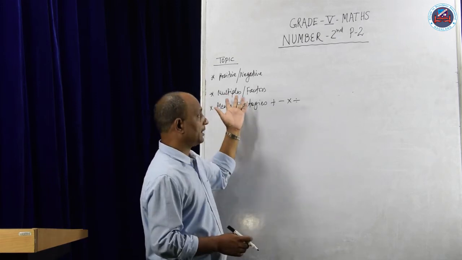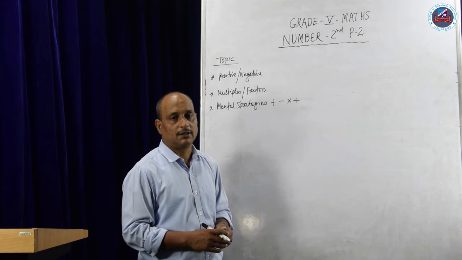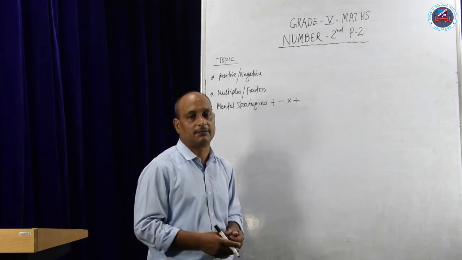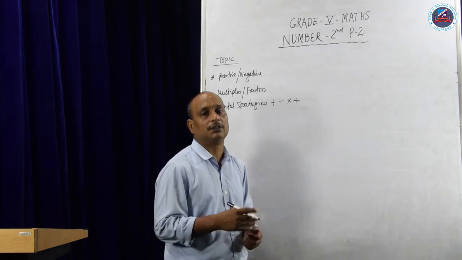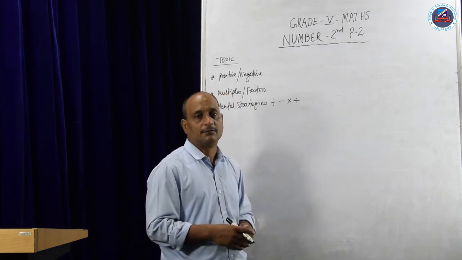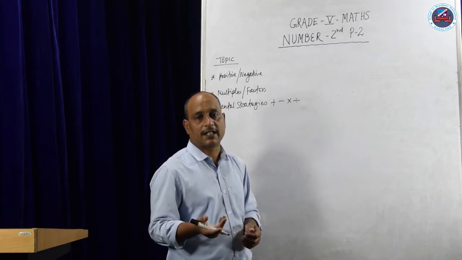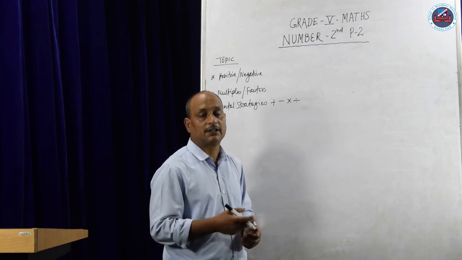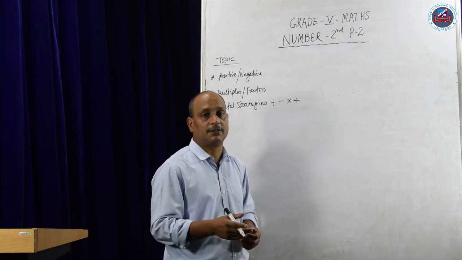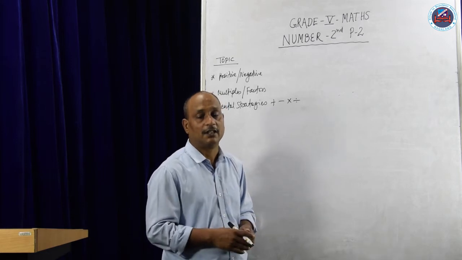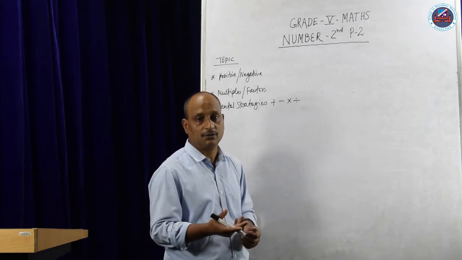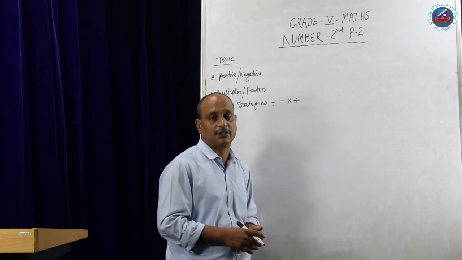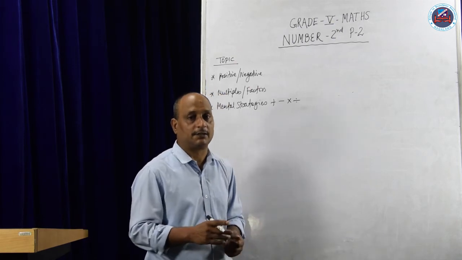Let us go for the next topic, multiples and factors. What are multiples? A number that comes in multiplication table form, like 2 1s are 2, multiples of 2: 2 1s are 2, 2 2s are 4, 2 3s are 6. Multiples of 3 are 3, 6, 9, 12, 15, 18, 21. And what are factors? Factors means divisibility, by which numbers a number is divided. Suppose 20: by which numbers is 20 divisible? 2, 2 10s are 20; 4, 4 5s are 20; 5, 5 4s are 20. So this is the difference between multiples and factors.